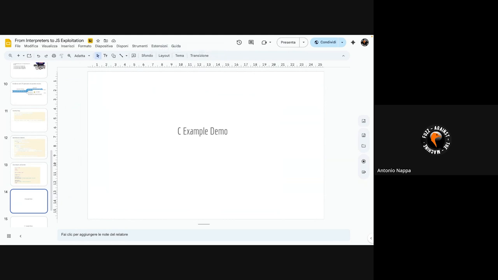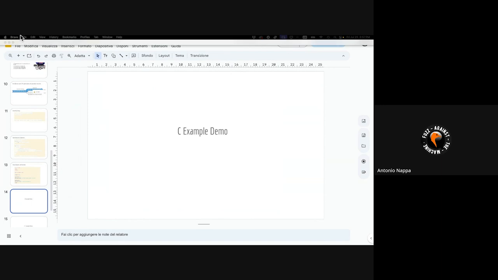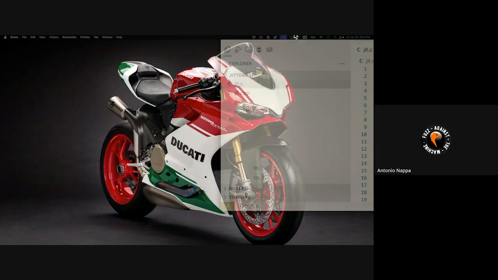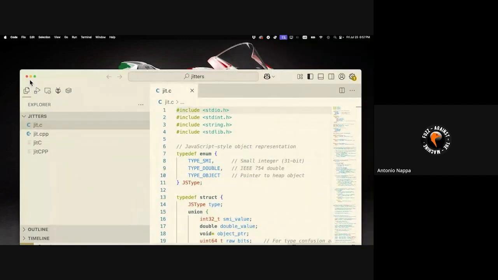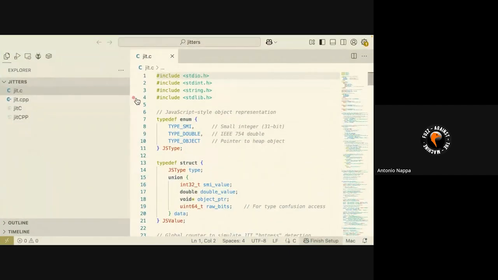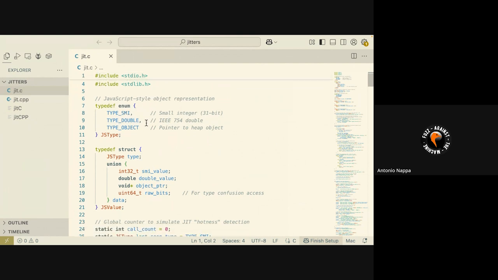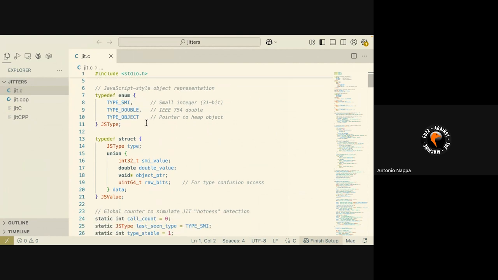Okay, so let me actually introduce you for a second before we enter the explanation of the primitive. Let me introduce a small implementation of just that part of the interpreter, how it can look like. Imagine we have a classical C structure that would represent an object of our JavaScript that runs on